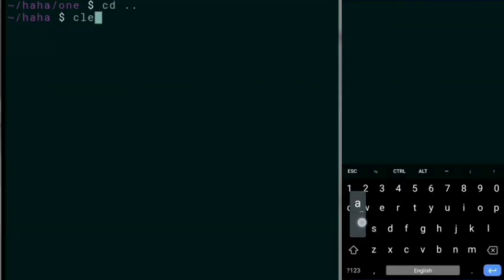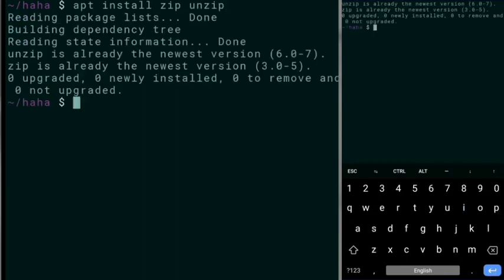Now I am going to tell you how you can zip and unzip files in Termux. For that, you need to have zip and unzip packages installed in Termux. If they are not installed, type apt install zip unzip and hit enter. This will install both packages. It is already installed in my Termux. To zip some directory, like here, I will try to zip directory 1. First write zip, after that name you want to give to the zip, and then directory name you want to zip and hit enter.